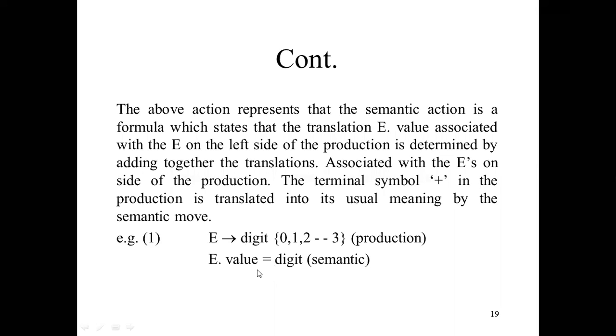So we will write in this form E.val, because this is a digit. We are not writing E.val1 plus E.val2 here, because this is not an expression; it is given in this form. So we will write the semantic action in the same form, but here we will replace this E by .val. If we have an expression, then whatever we have there, we will write that thing's .val, and again another expression, this plus something like that. But here nothing else is provided, so we will write E.val like this and digit. This is called the semantic action.